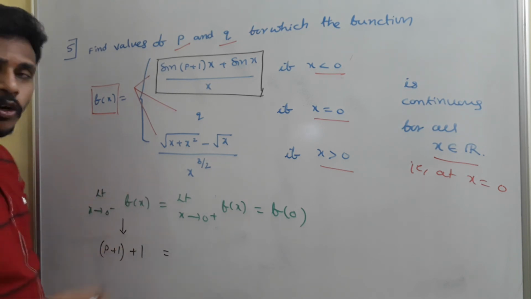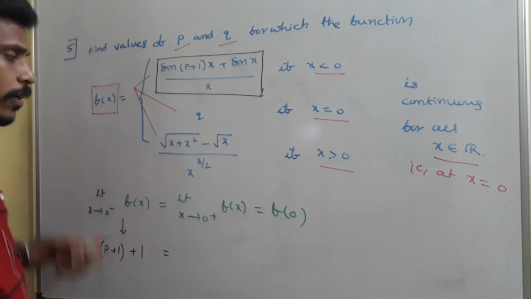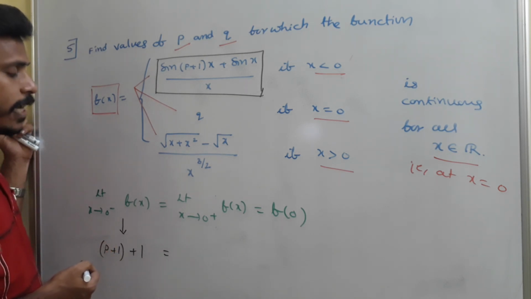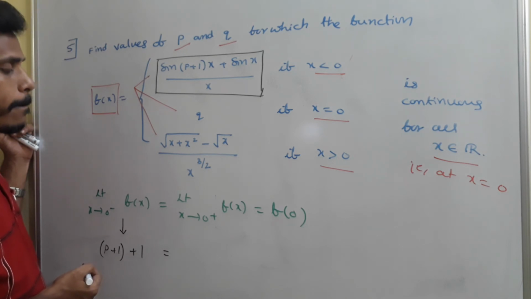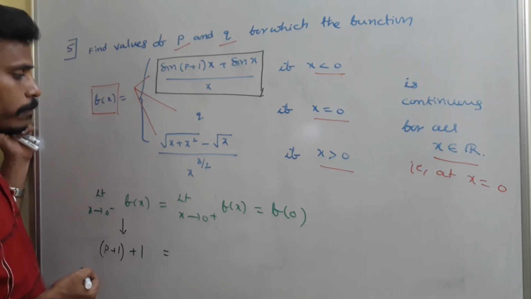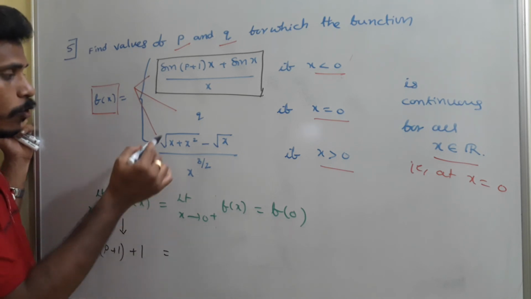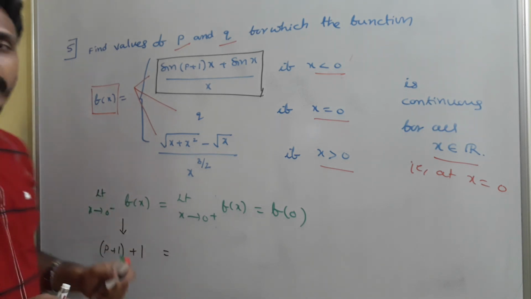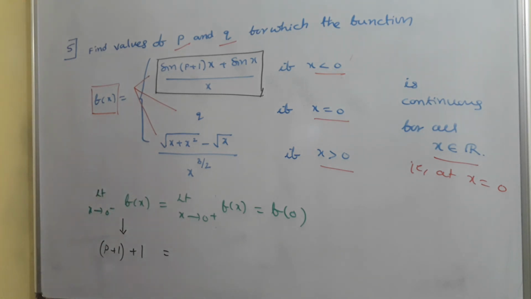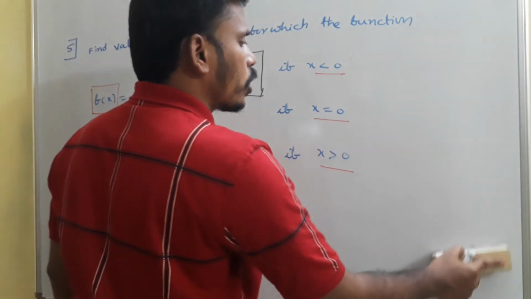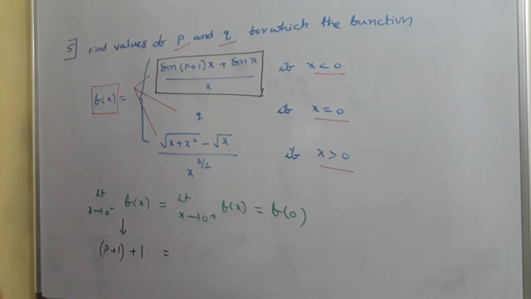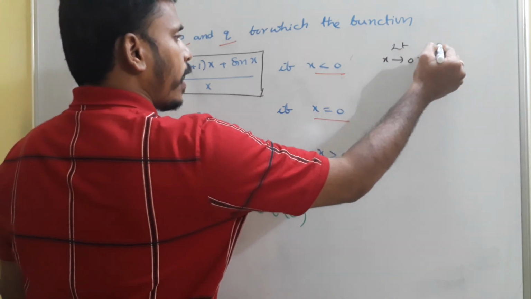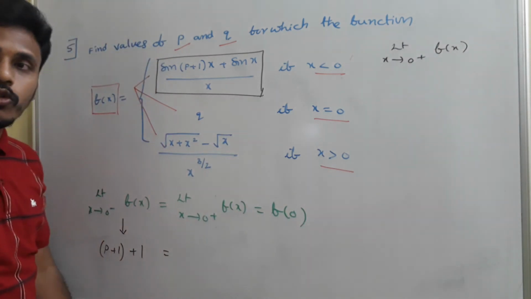So how to find out the limit? You just try to simplify it. As x is tending to 0, what we need to do? We need to do some rationalization process, right? As we know, it is given that it is continuous for all x belongs to R. I am erasing this for the space concern. See, here I am giving you the discussion of the right limit.